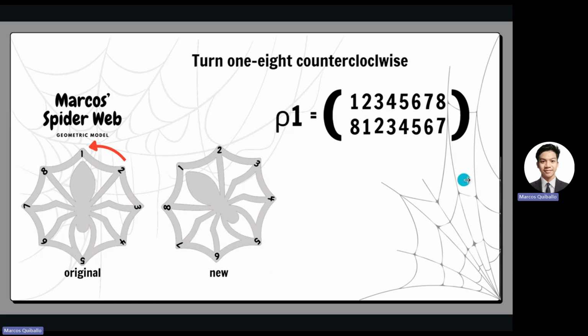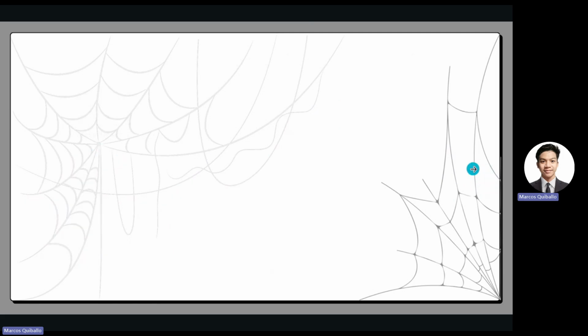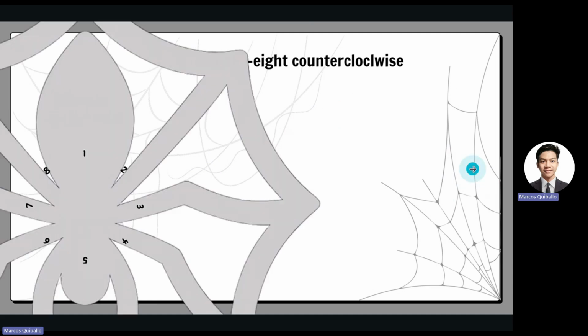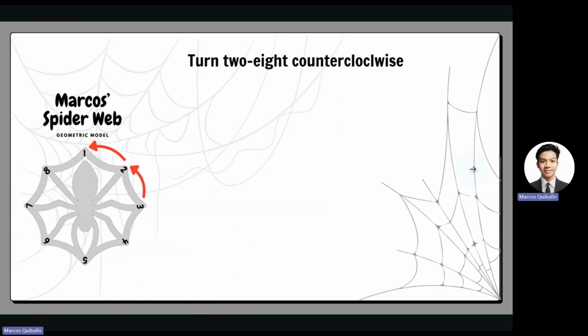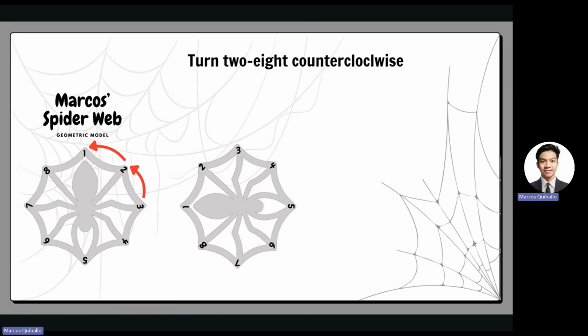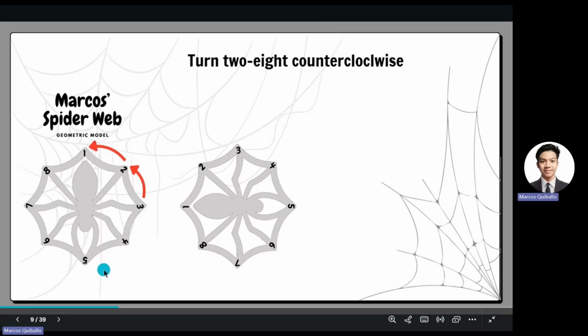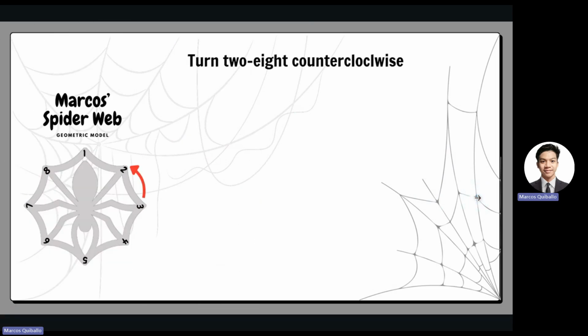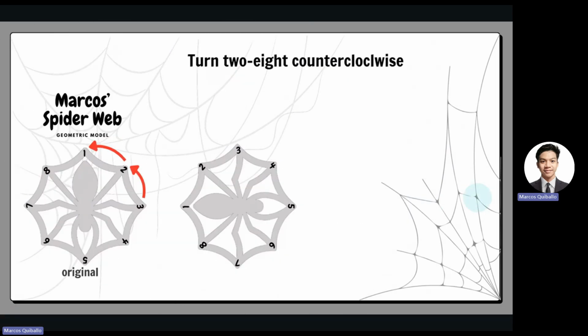So here, another movement. For turn 2/8 counterclockwise, again, we will move our illustration 2/8 counterclockwise. So this is our original, and this is our new.